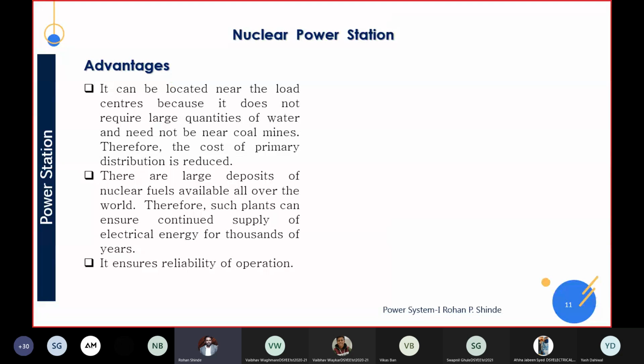Now see here, the fifth advantage. First, we can locate our nuclear power station near the load center. Next, these nuclear fuels are available all over the world, so these nuclear fuels can be used, and this nuclear fuel can provide us electricity for 1,000 years. Okay. Now see here, we know that coal is not available everywhere. Okay, and the reserves of coal